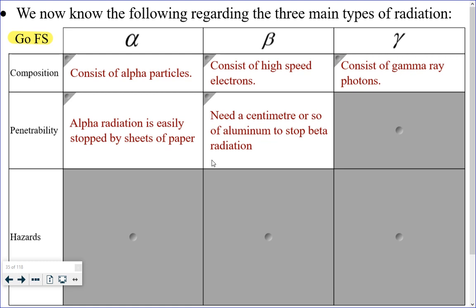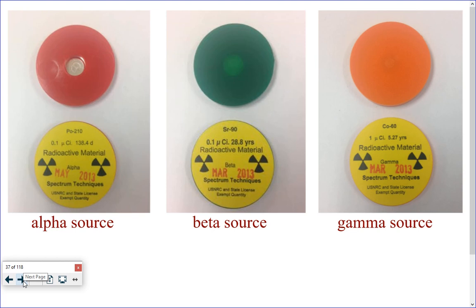It depends as well on the energy of the beta particles. This beta source is strontium-90, which is naturally emitting beta particles, electrons. There are other beta sources out there, and they might emit particles with more energy or with less. I'm going to go now to gamma,